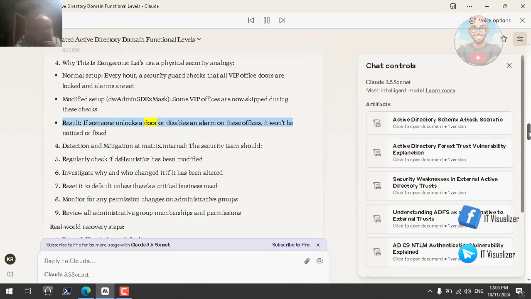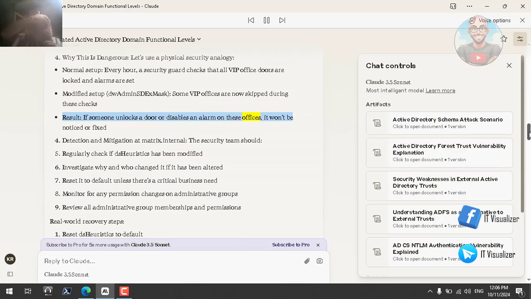If someone unlocks a door or disables an alarm on these offices, it won't be noticed or fixed. Detection and mitigation at Matrix.internal. The security team should regularly check if DS heuristics has been modified, investigate why and who changed it, and if it has been altered, reset it to default unless there's a critical business need. Monitor for any permission changes on administrative